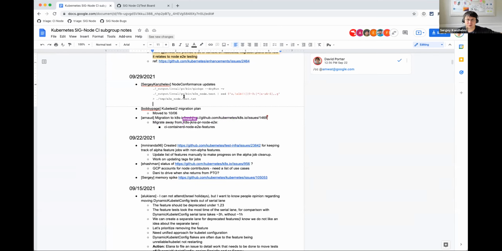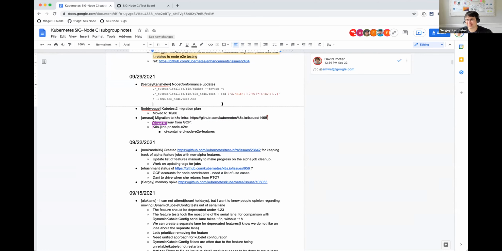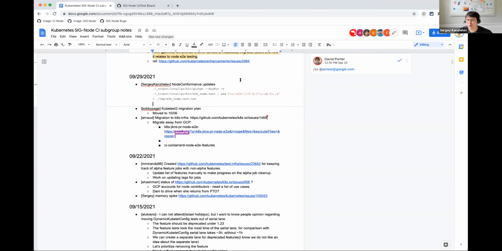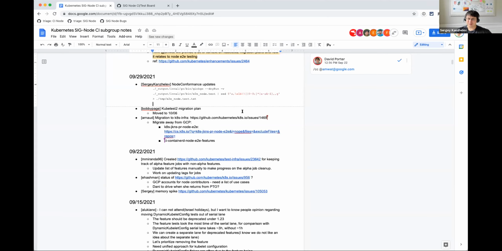So it's still ongoing. I didn't realize how many permutations we have, and it's a little bit more involved than I expected. So I will have updates next time, and I will share a spreadsheet as soon as I have it, so everybody can play around. That's all I have today for node conformance, unfortunately. Hopefully next time it will be already done. But it's looking better now.